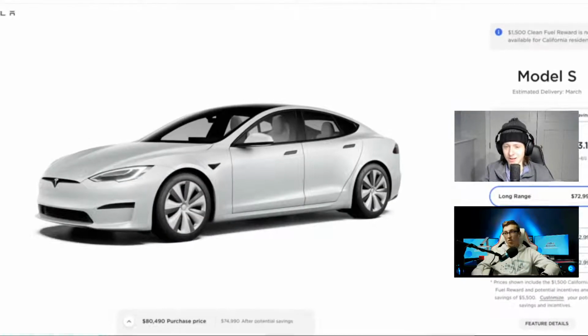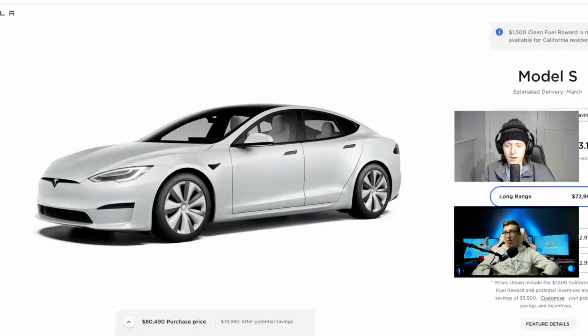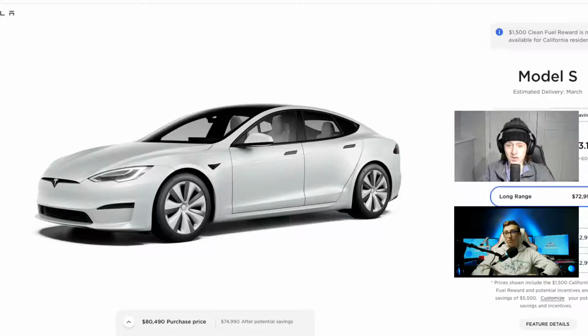It's not built to take on the track, although you definitely could with those 0 to 60 times. They published the quarter mile. Cars are getting so fast in the 0 to 60 that the quarter mile is actually starting to matter more. I suspect that while the 0 to 60 time is incredible, the quarter mile and especially the half and mile times are actually less impressive than other high end cars, not just other sedans,